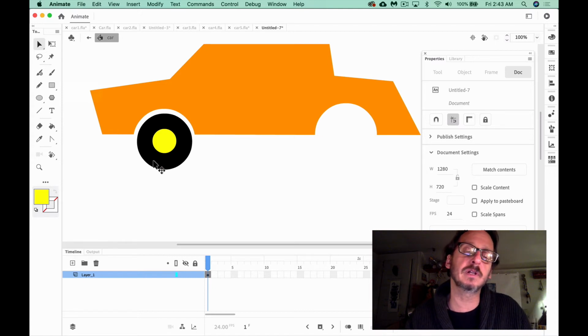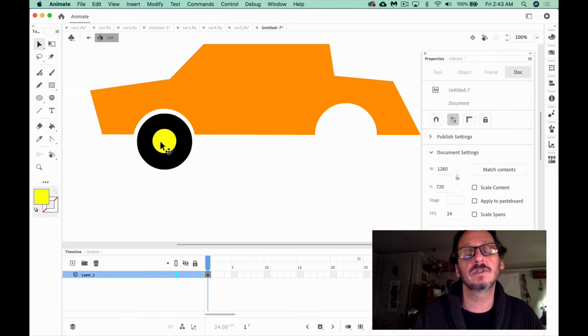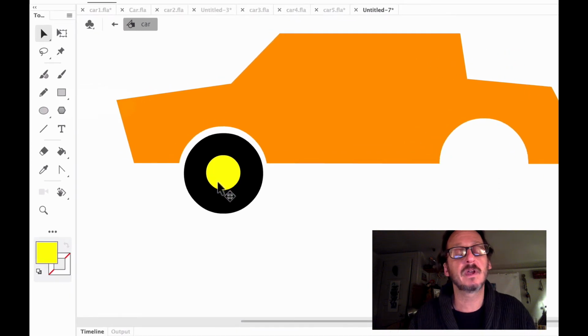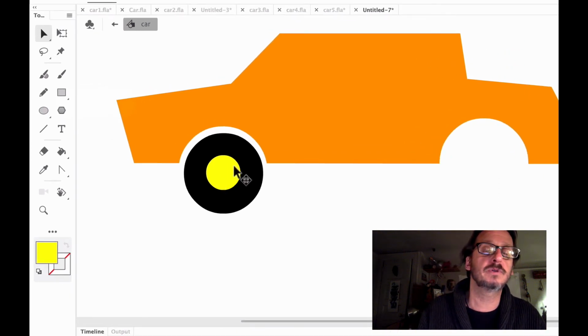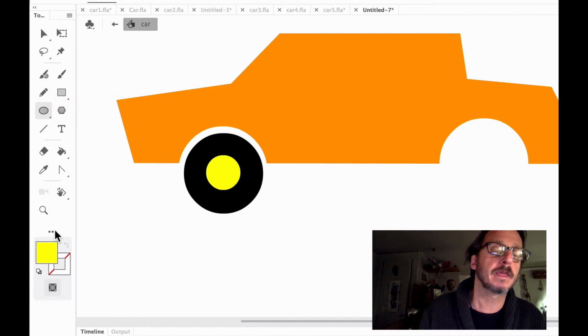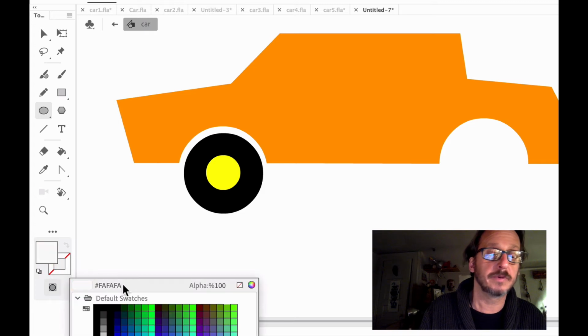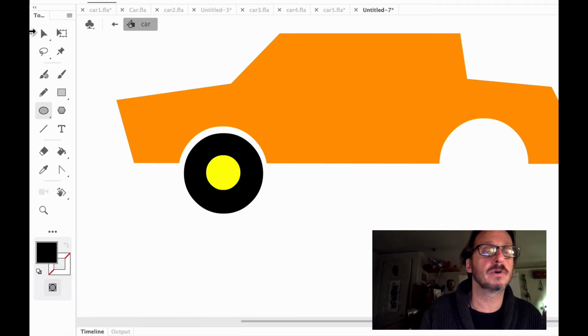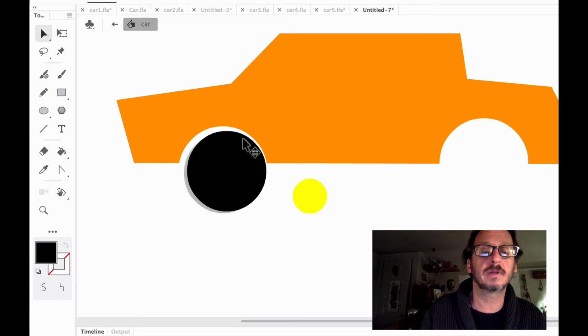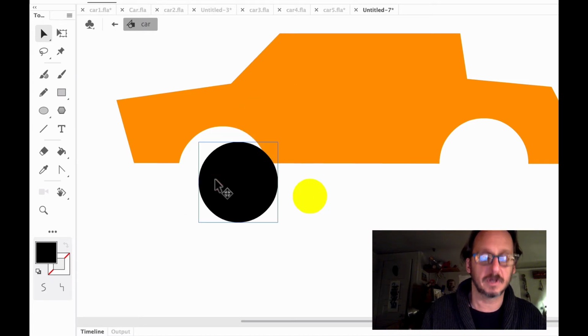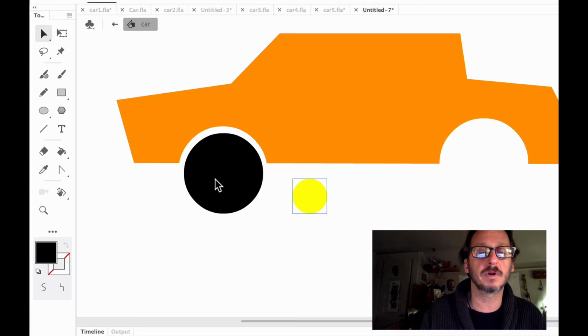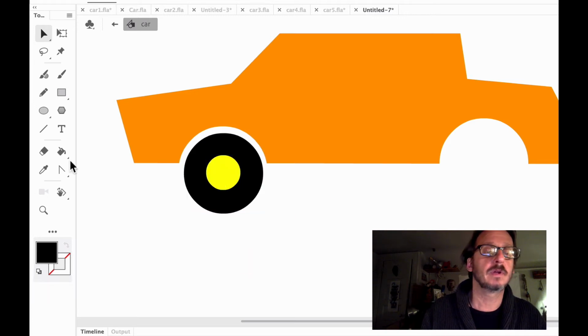I do want this to look like it's turning. And since these are just two circles, there'll be no evidence of it turning. So what I'm going to do now is add a few little rivets in here. And we'll see those go round and round as the car drives. So I'm going back to the oval tool. I'm still in this object drawing mode, which I want to remind you means shapes can be moved around. Right? They're not going to cause each other any trouble. We're not in merge mode anymore. Let me put that back. So, as I was saying, I'm going to get the oval tool.